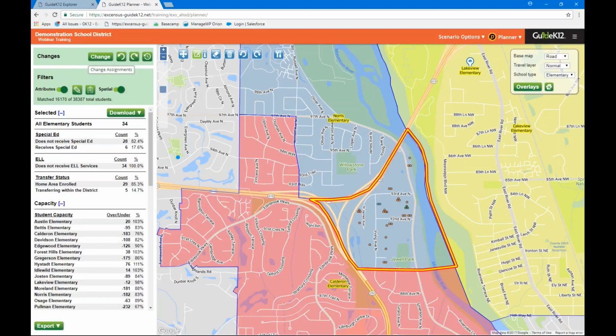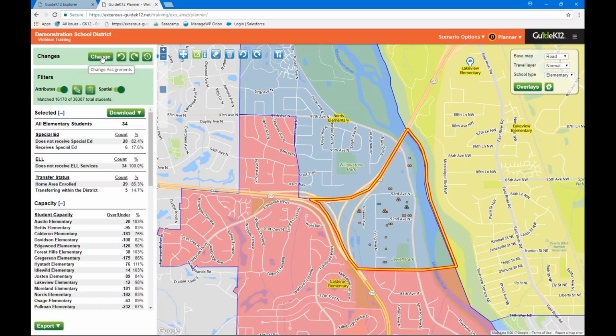We've got our change button up here in the changes section. You can also notice we do have undo last change and redo last change. They are part of the changes history. So again, these redos over on the map will do the drawing features. These undo and redos will have to do with the previous actual change of assignment. And we have a change history dialog that we'll be able to view once I make